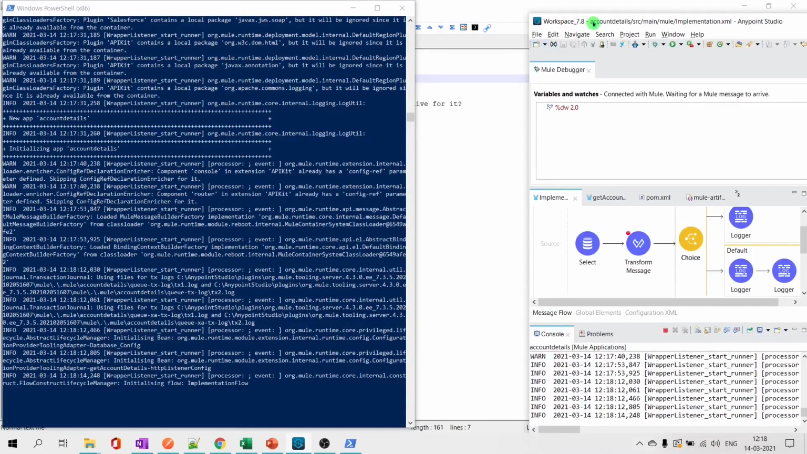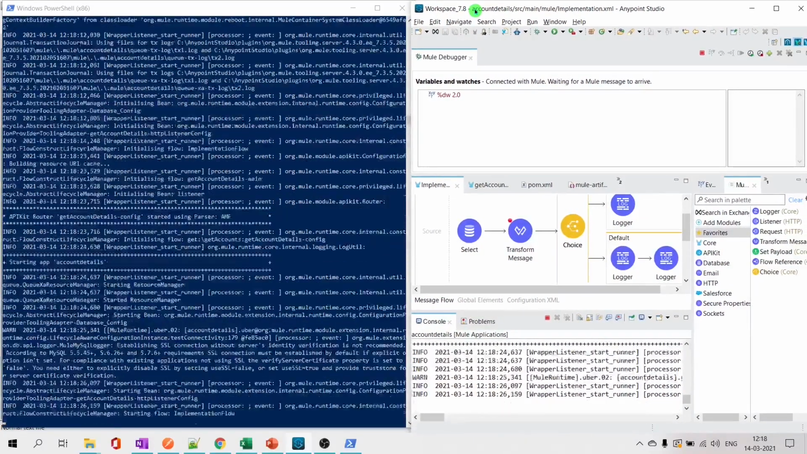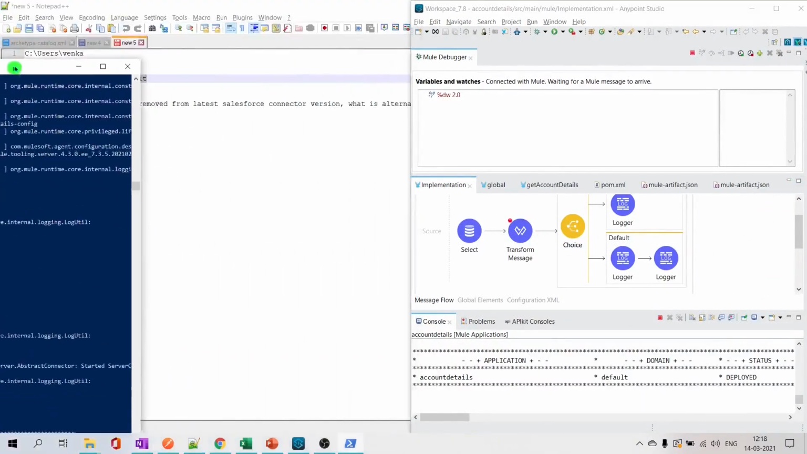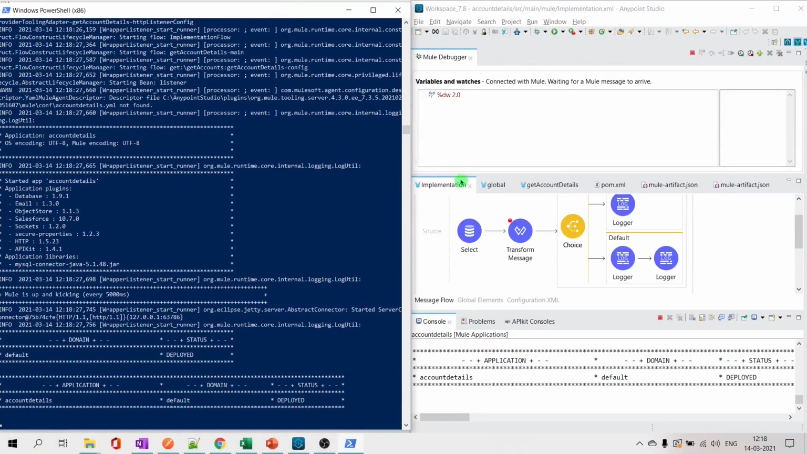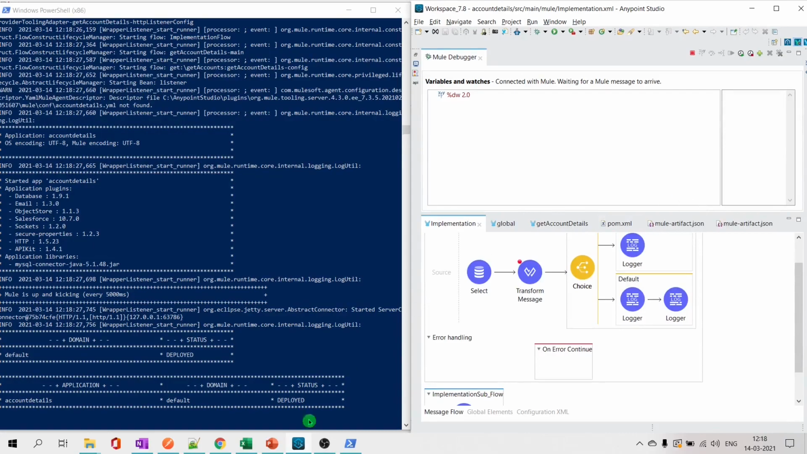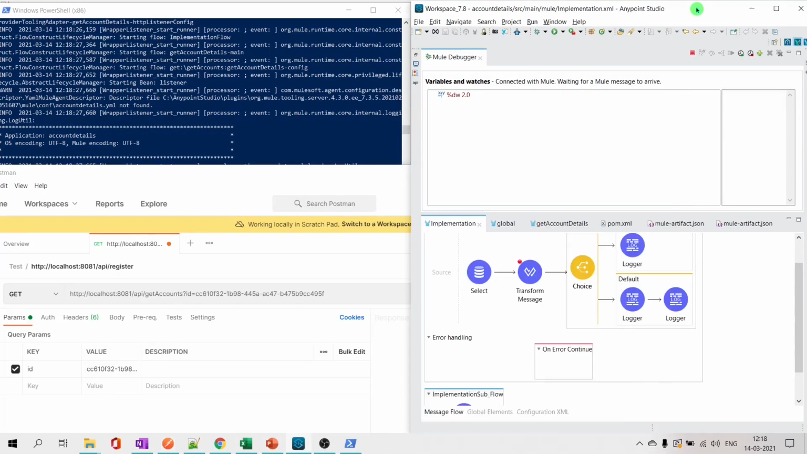I'm just showing you in two different windows on the same screen. But if you have two screens in your work setup, you can just put this console log on the other screen, so you can see everything, right? It won't be this clumsy. I can just minimize this now. Okay, so I'll test it from my Postman. Whenever I hit send,